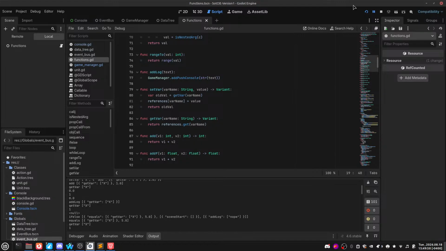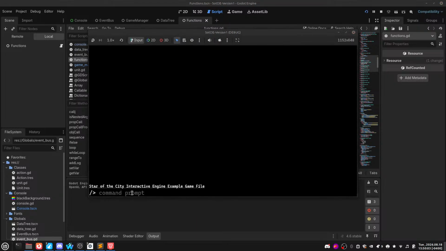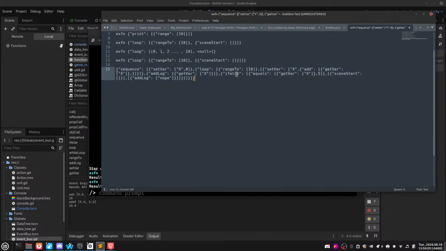Oh wait, can we not do? Hold on. Let me try something. Is it an issue of execute function? If I do execute function add, and I do 5 and 5, does that break? No, it should work. Execute function add f. Okay, that should be fine. So let's take smaller and smaller pieces, right? So let's do